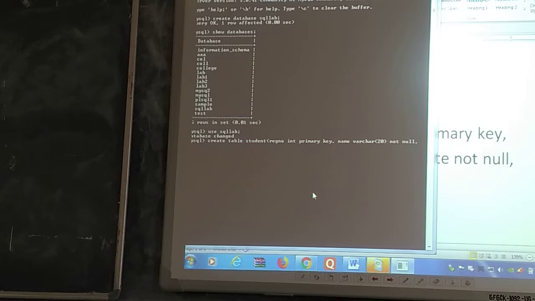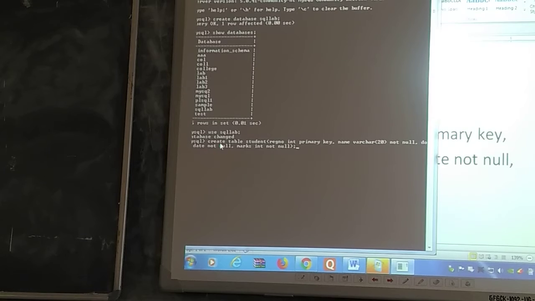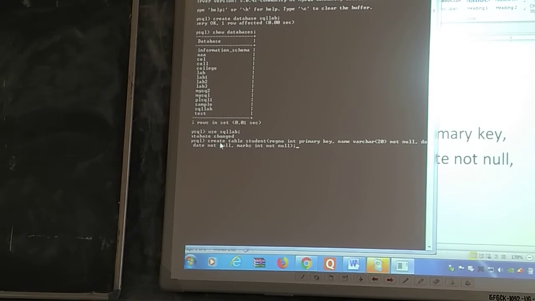Then a third column, DOB, date of birth, data type date. Again the constraint we are giving is not null. Lastly, we have marks of data type integer and we are using not null. Closing and semicolon. Please observe one more time about the spelling. If the spelling is wrong, you will get an error message.